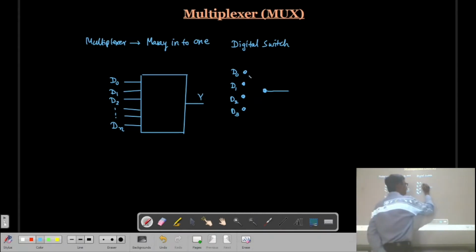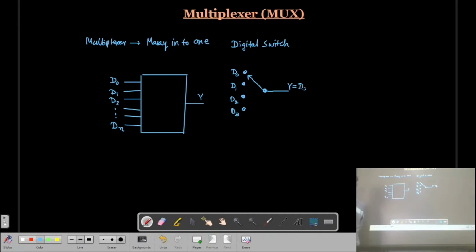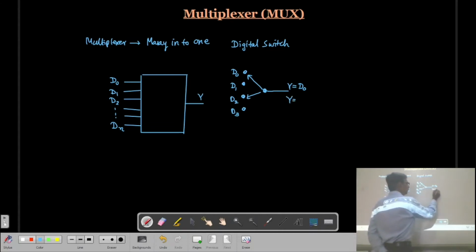If this switch is connected to D0, then the output Y will be equal to D0. You can say that the D0 input is selected by the multiplexer. Now, if the switch position is at D2, then the output Y will be equal to D2.